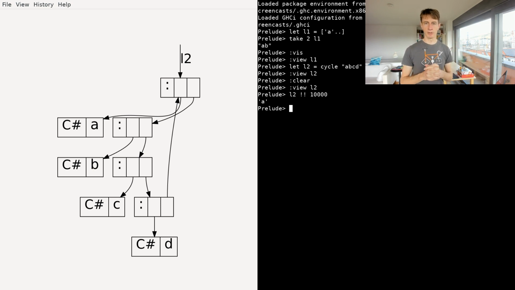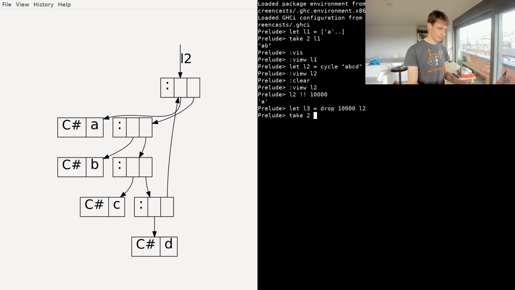Now this wasn't really surprising. Haskell is immutable. Just looking at stuff doesn't change it. What about functions that take a list like this and return a list? Which of these preserve this cyclicity, in the sense that the resulting list is still cyclic? Well, there aren't actually that many that can do that. One good example is drop. So if I look at L3 and say that's drop 10,000 of L2,